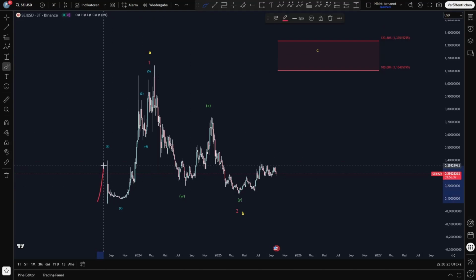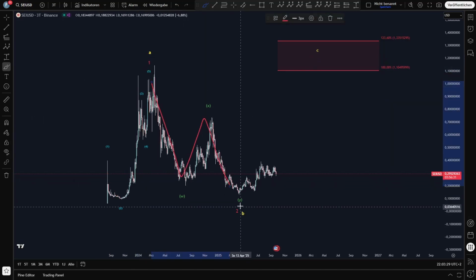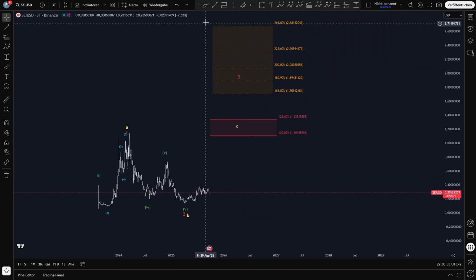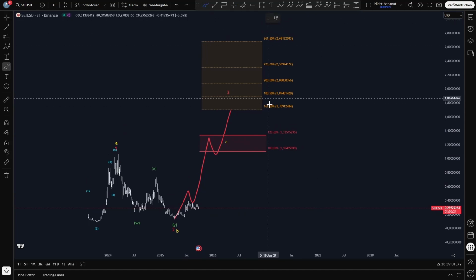So we have a wave 1, 2, 3, 4 and 5 in our first wave 1. Then the WXY correction in the wave 2. So we are tracking bullish wise wave 3 to the upside as a 5-wave move, 1, 2, 3, 4 and 5. Target area starts at the 161% level at $1.70,